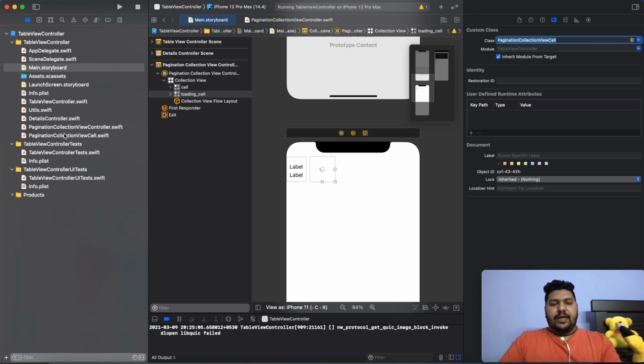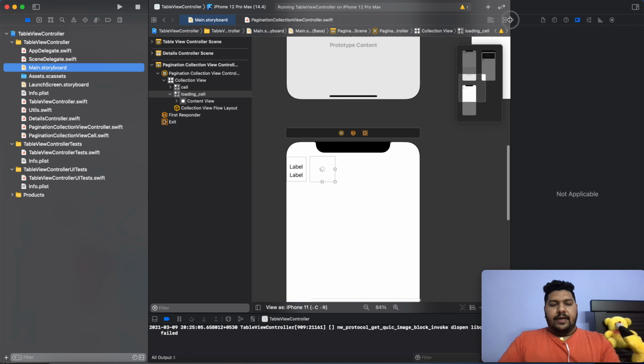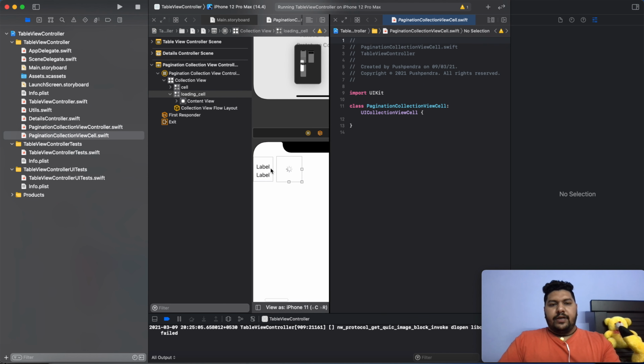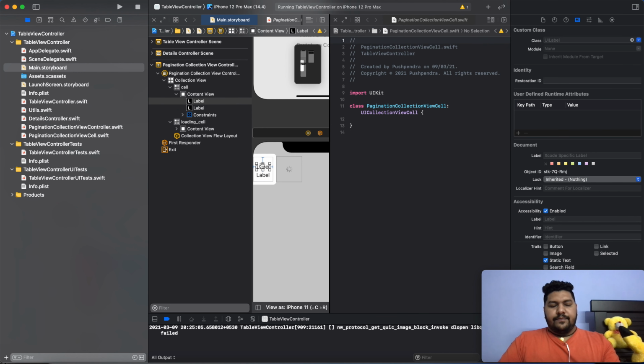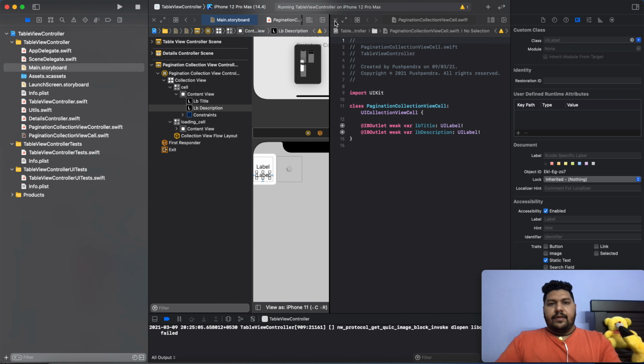Now secondly, open your main storyboard, and with the option click open your pagination cell. Now here I am going to assign the outlets. So we can say LB title, and this one we can say LB description. Now it's done. Close this.